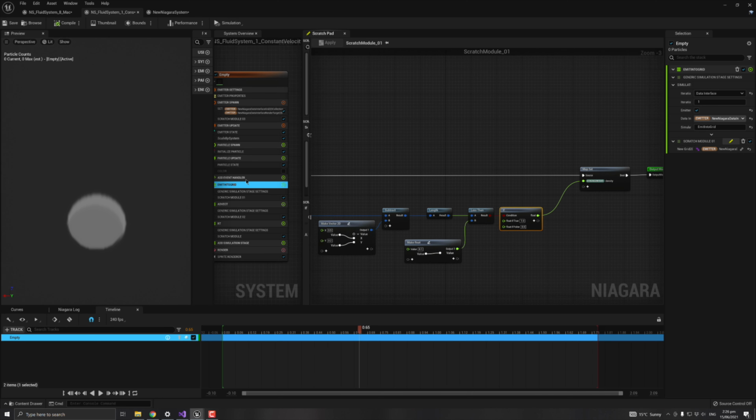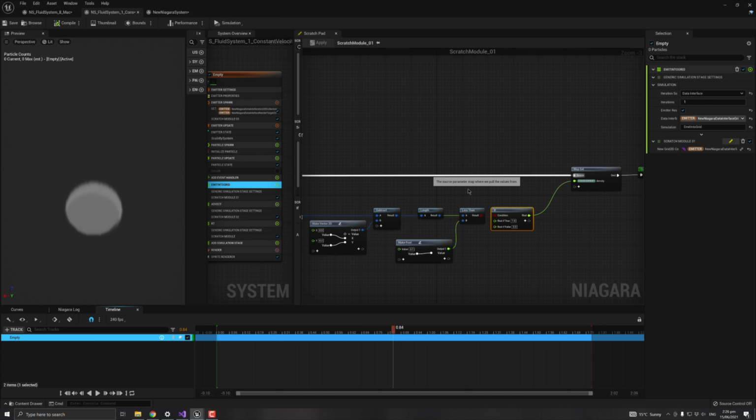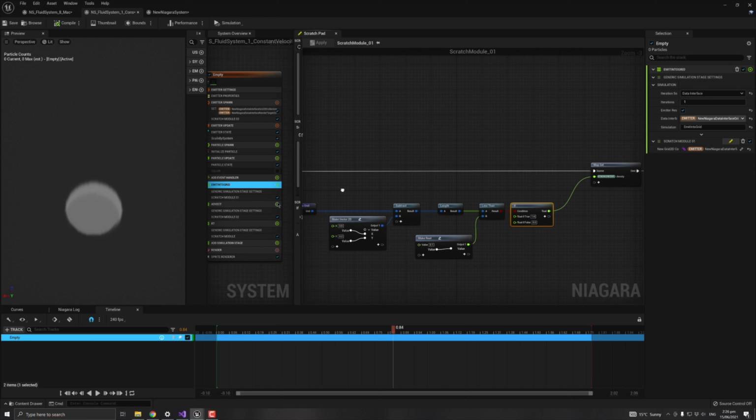So what we're doing on this simulation stage is I've ticked on this here, emitter reset only, which means that this simulation stage just runs once right at the beginning, and then it doesn't do anything else. So it emits this circle, and then doesn't emit any more after that. It just runs once. So then we're moving on to this next simulation stage, which if I open